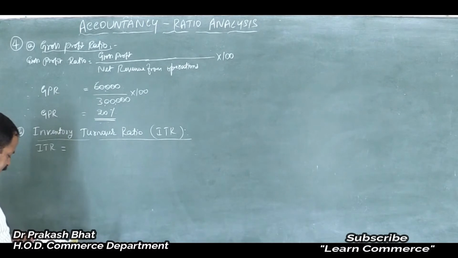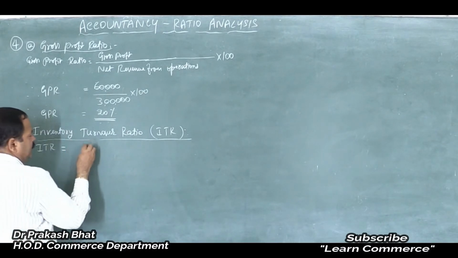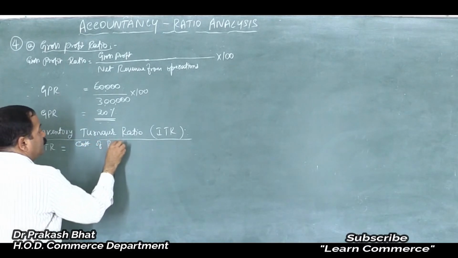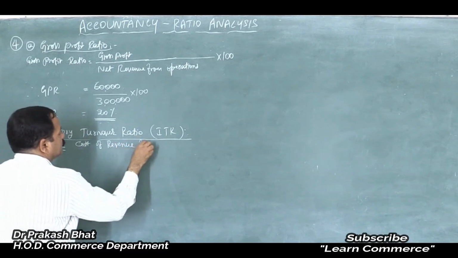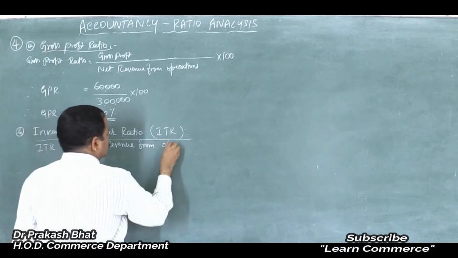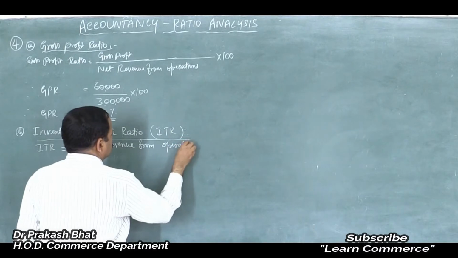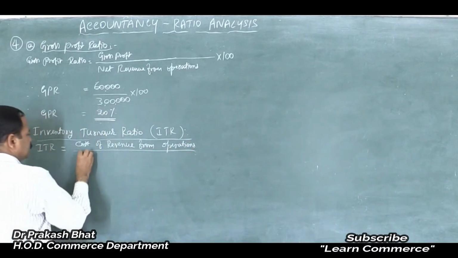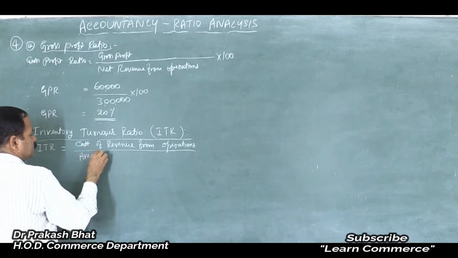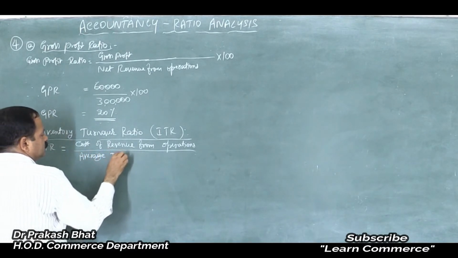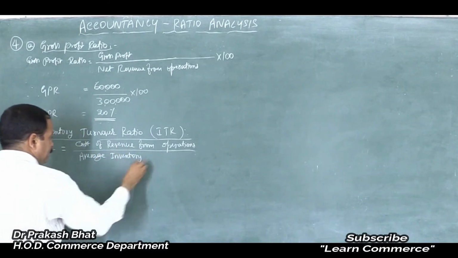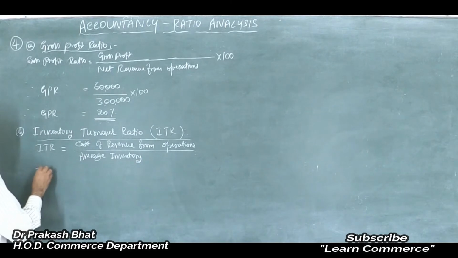Cost of revenue from operations divided by average inventory. Therefore ITR is equal to